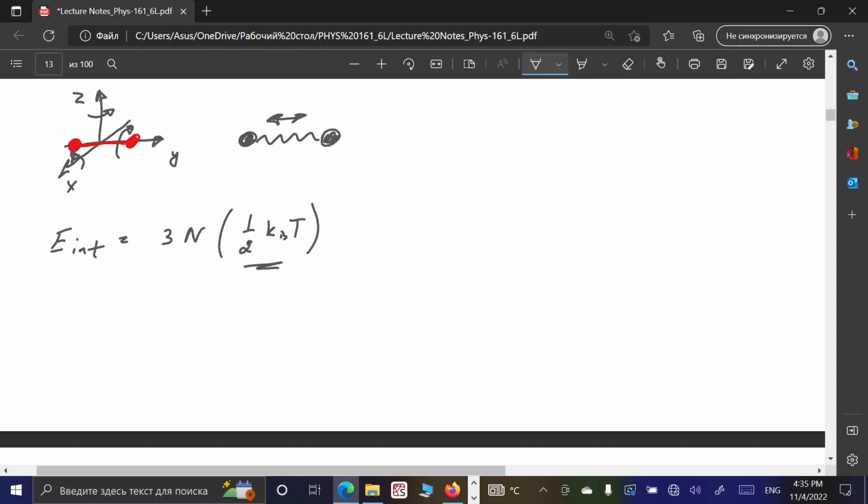That we have shown previously, that this stands for one single degree of freedom contribution into the average kinetic energy of a molecule. So this comes from translational motion, then we need to add 2N times 1/2 kBT. That is another contribution from rotational motion. So in total, we will get